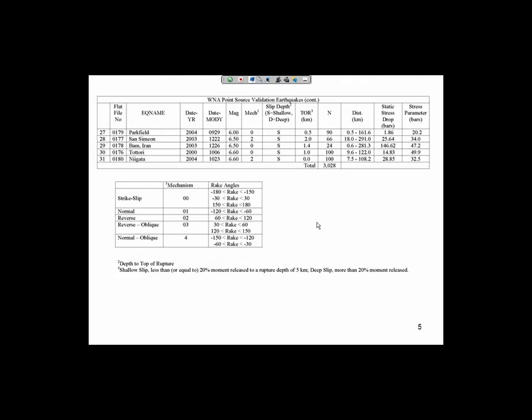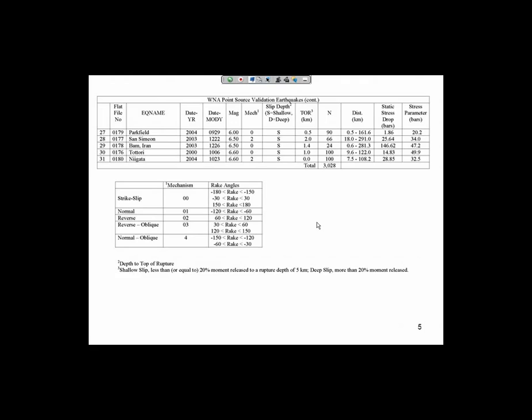Following up on that, from the validations you've shown, we can say here's how well the point source model works, here's its model bias, its variability, here's, let's say, the sigma on the stress drop, and do we see magnitude dependence or not in Western data. But what are we going to do for the Eastern application? We need the median, and whether it's magnitude dependent or depth dependent stress drops for the Eastern United States.